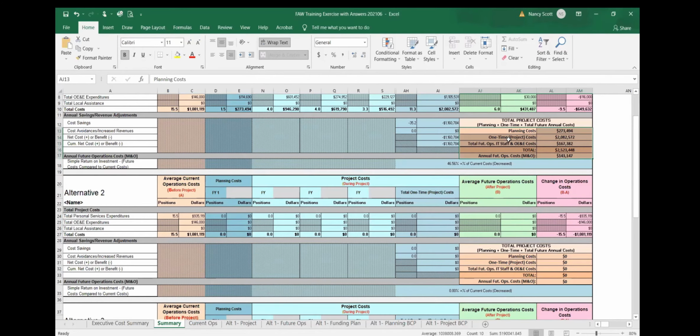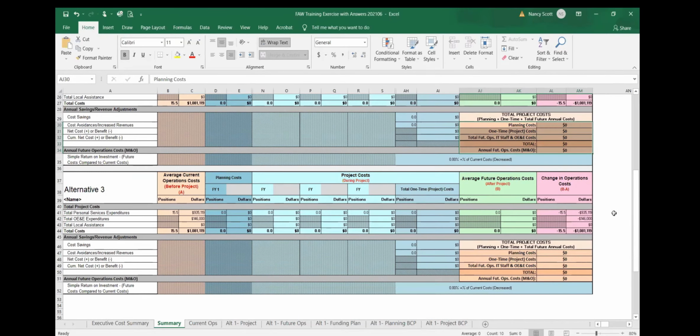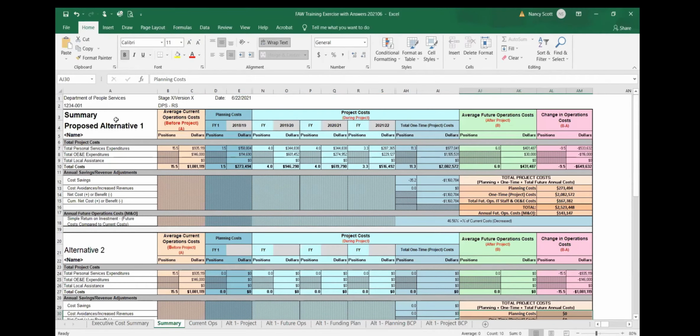This is the cost of this alternative. This is the cost here for alternative 2. And then also if you had alternative 3, it would show the cost. So the nice thing is if you complete the pages, it will show what type of solution you implemented.